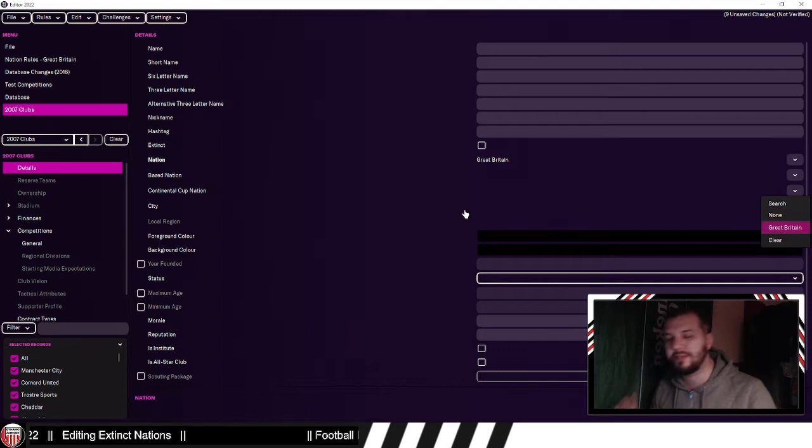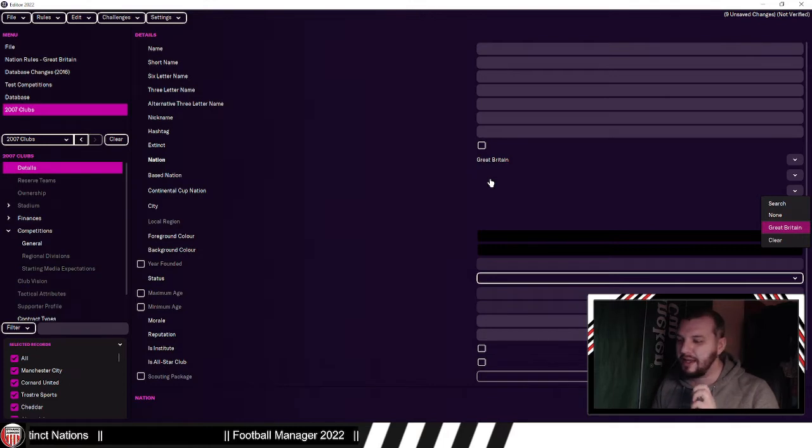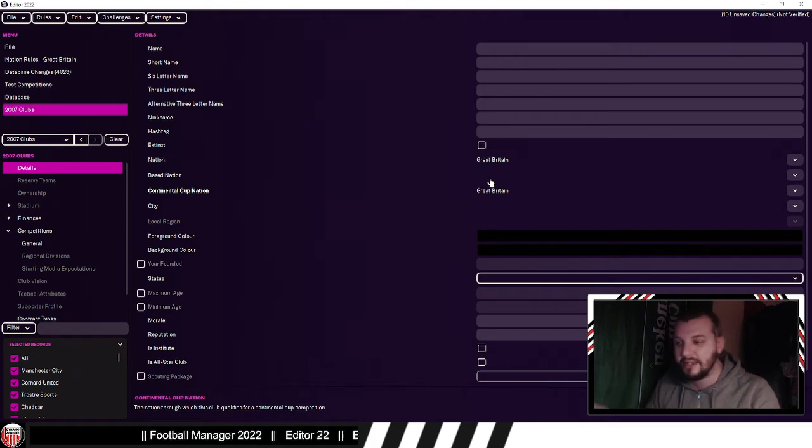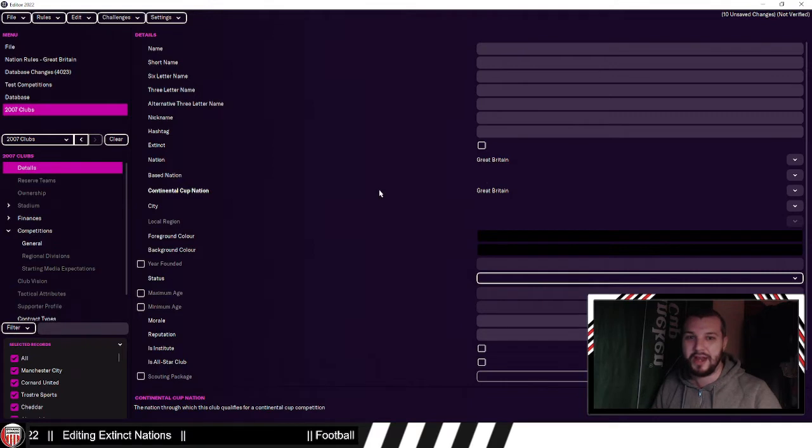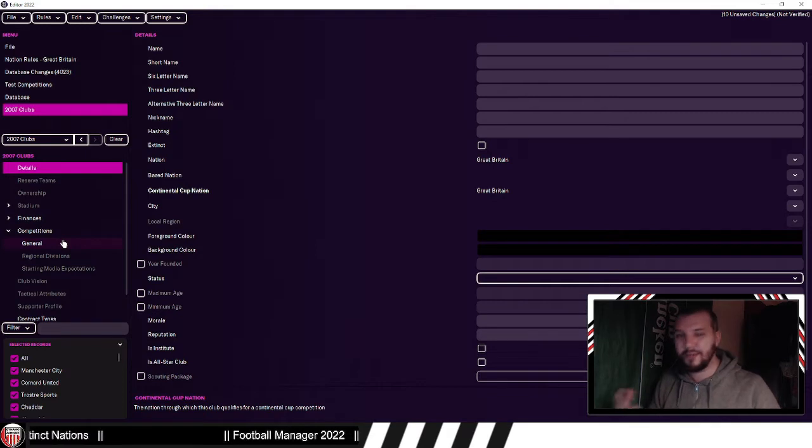Now, I forgot to do this about the Ireland one. In base nation, if you leave that to Republic of Ireland and Northern Ireland, then the places that they're based in, the stadium locations, will create new regens of that nationality. So even though there is no Republic of Ireland and Northern Ireland team, it'll still produce regens for that national team. They'll just never get called up. Meanwhile, the Republic of Ireland will... See, I don't even know if they'll be eligible to be called up. I probably need to go into the settings for that nation and actually select something like treats as nation or has an agreement. I need to look into it, but you can get rid of all of this by just going